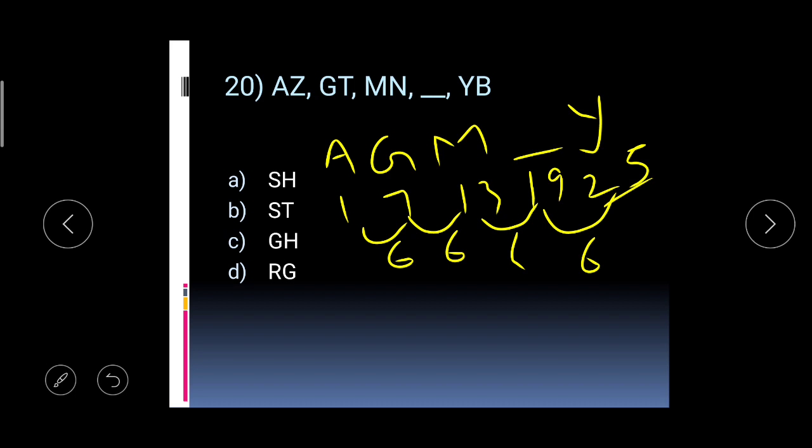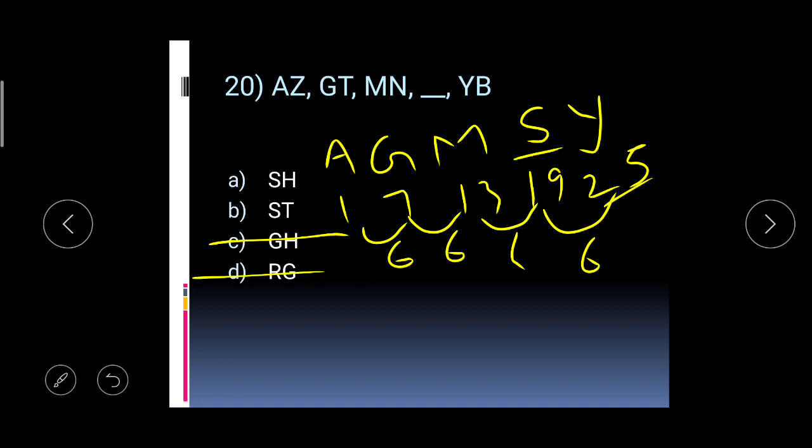And which is the 19th letter? We know S is 19 and T is 20, right? So our letter must be S. So I know that these 2 options are ruled out. We are just left with 2 options. So we will see how to find out the next option. Okay, let's try to fit the next option also.